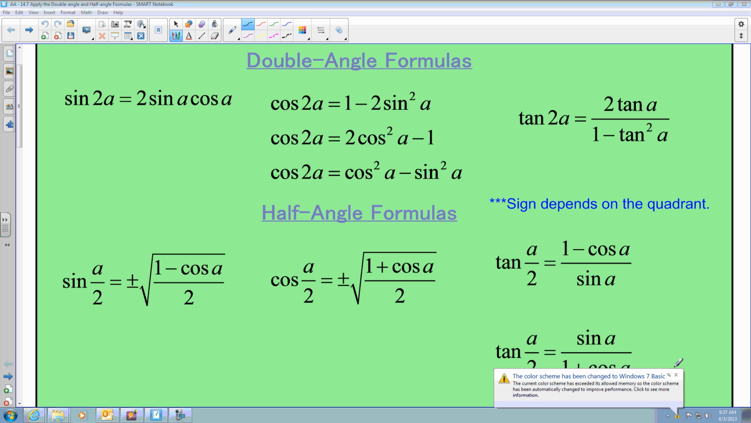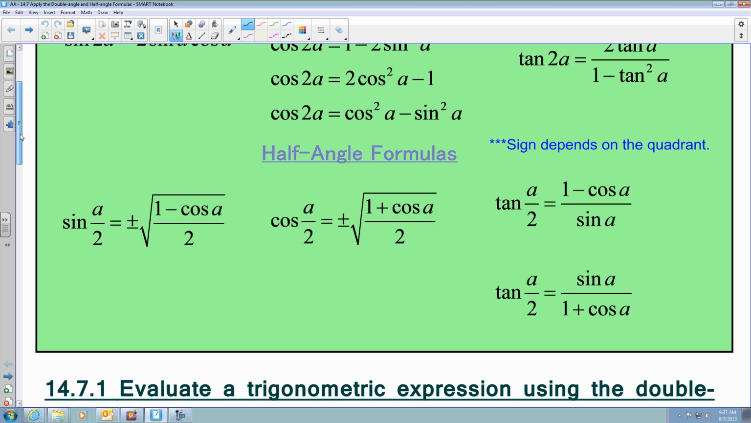Same thing goes for sine, cosine, and tangent of A over 2. If your initial angle is smaller than the angle that you're trying to find, then you'd use the half angle. If the initial angle is larger than the angle you're trying to find, you're going to use the double angle. So if we look at our examples here,